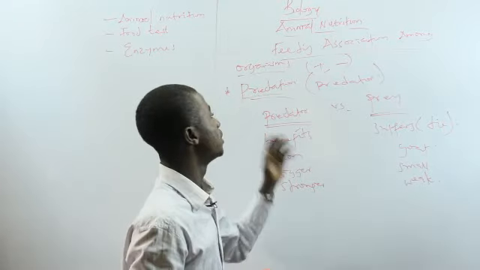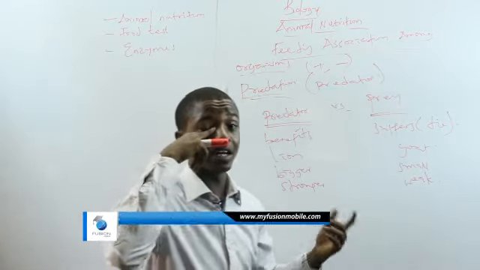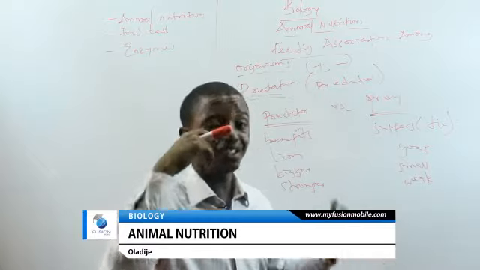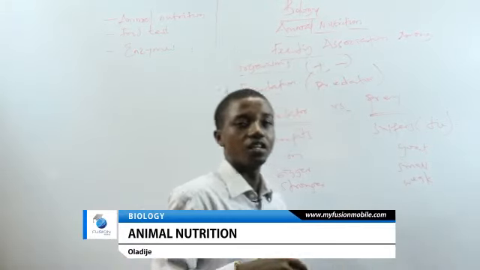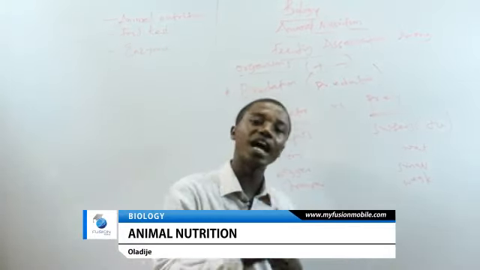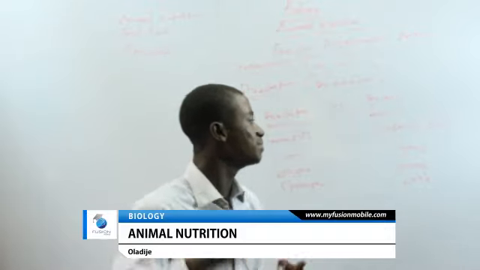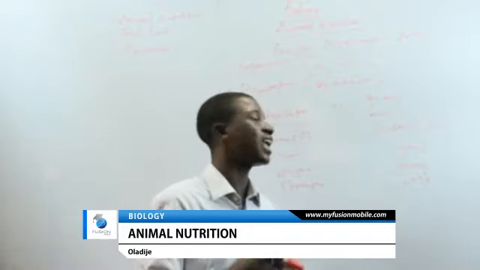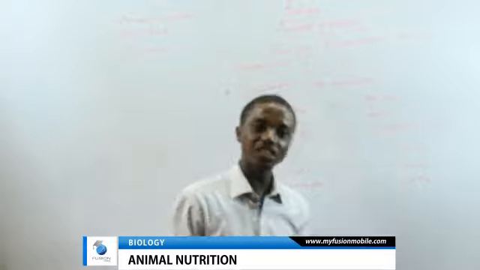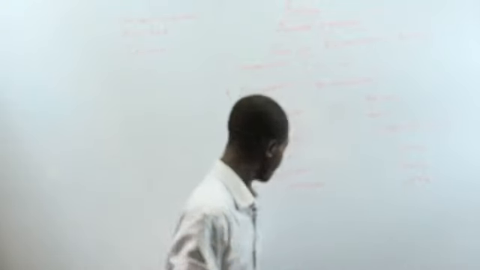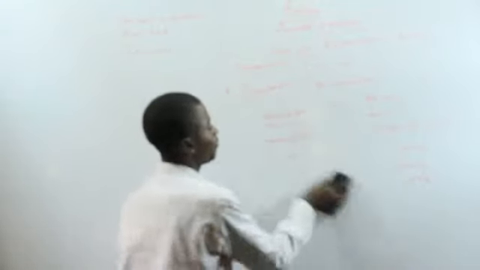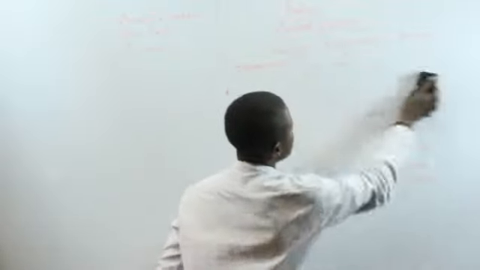But usually, predation is a relationship between two organisms, the predator and the prey. The predator benefits, the predator ends up killing the prey. The predator most times happens to be the stronger organism, the bigger organism, while the prey happens to be the smaller organism or the weaker organism, as the case may be. So now we'll be looking at another feeding association, and this one is called